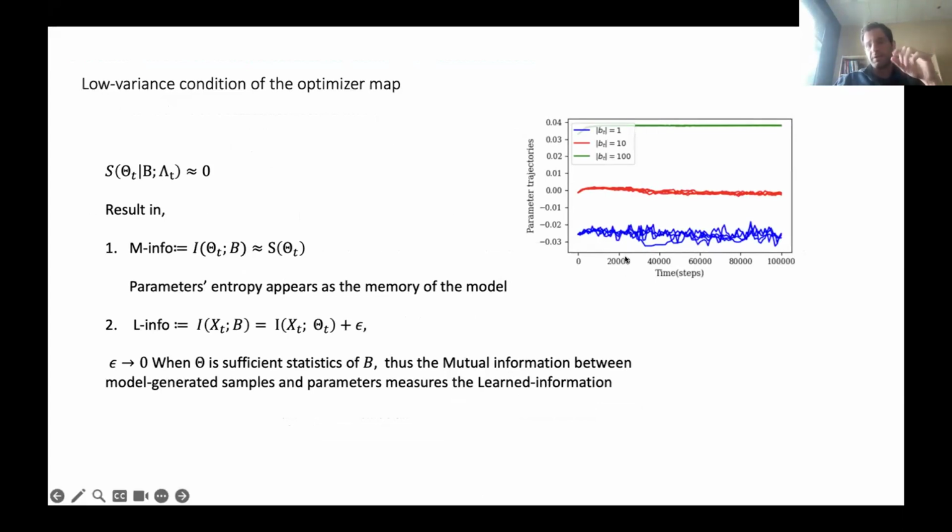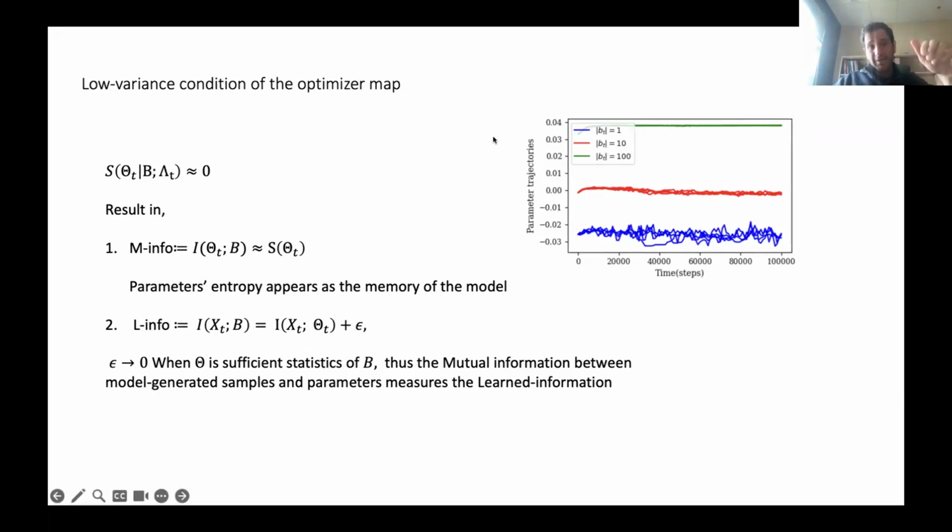So this graph is just a toy problem. I'm looking at, I think, 3 parameters that are evolving with 3 different mini batch sizes. So mini batch size 1 has the maximum value of stochasticness, and as you increase the batch size, you reduce the noise. And the point is that it's true that it's stochastic, but it's confined to a very small region. So this means it keeps it very low variance.